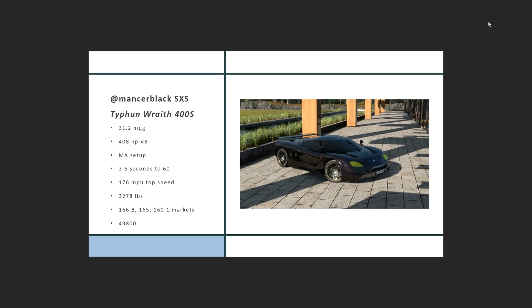All right, the Typhon Wraith 400S. We got another supercar in our contest here. 31.2 with the miles per gallon. 408 with our horsepower in a V8 mid-engine all-wheel drive setup. 3.6 seconds to 60. 176 is our top speed. 3278 as far as our weight goes. 166.8, 165, and 160.1 tells me this is going to be a really popular car as far as the markets